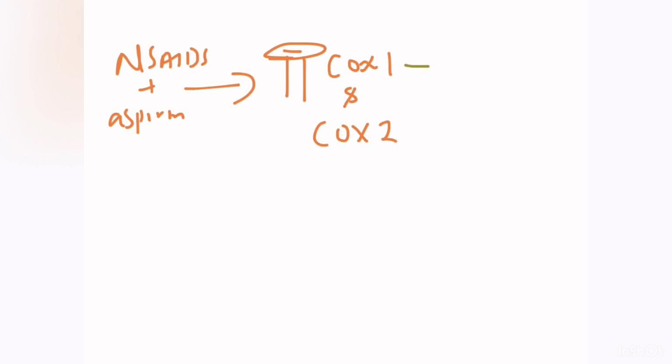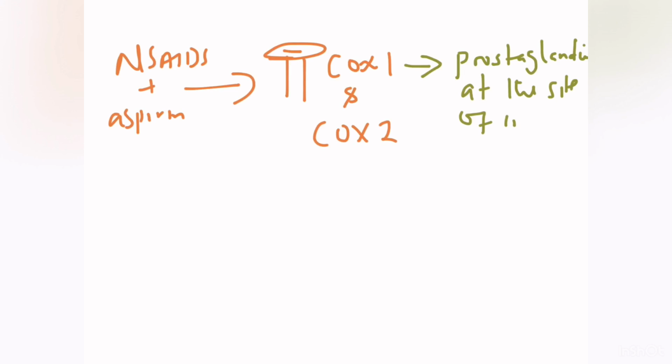And the function of cyclooxygenase 1 is what? Secretion of prostaglandin at the site of inflammation, while the function of COX-2 is secretion of prostaglandin